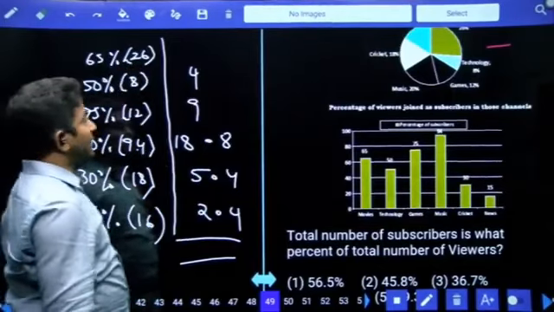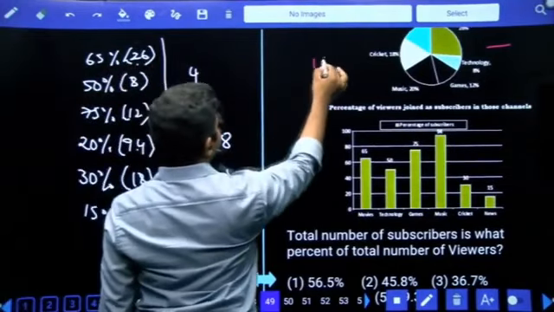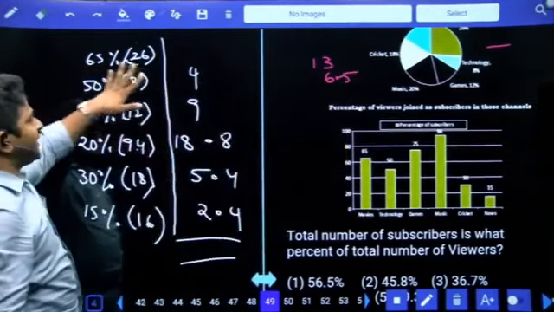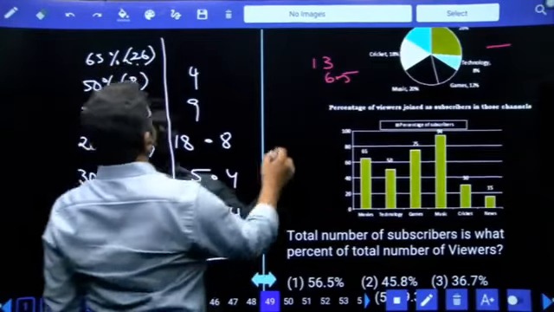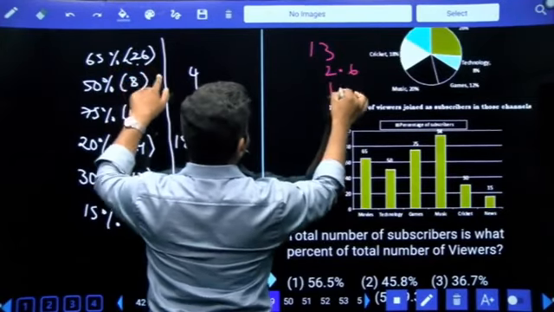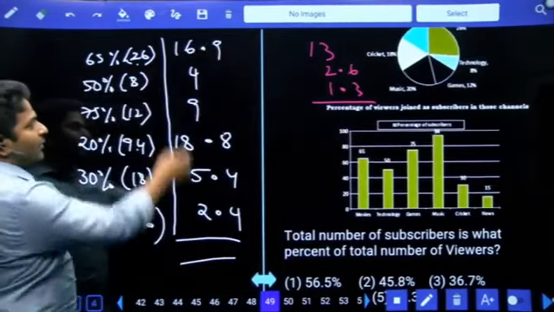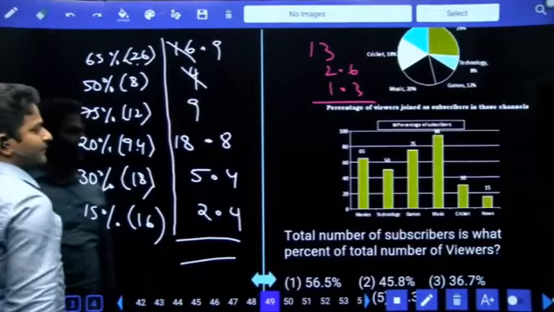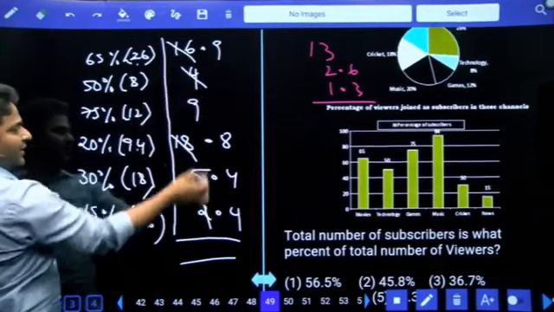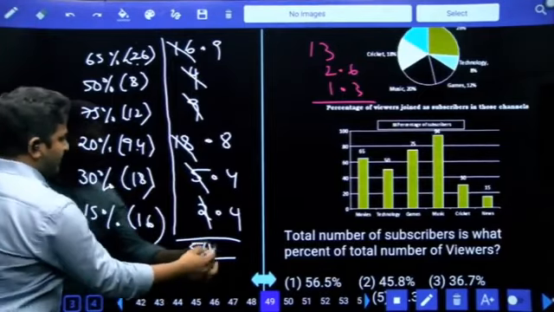65% of 26 or 26% of this number. 65% is easy to calculate. 50% is 13. 5% is 6.5. 50% is 13. 10 percentage is 2.6, 5 percentage is 1.3. Total it is 16.9. Now you have to add all these values: 20, 30, 18 plus 2, 20, 20, 20, 40, 40 plus 14, 54. Answer should be more than this.